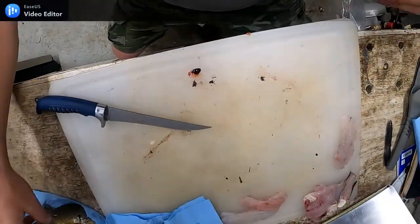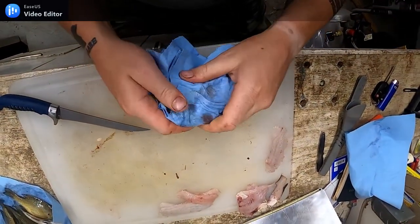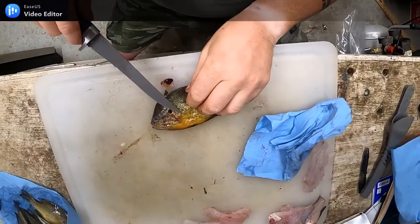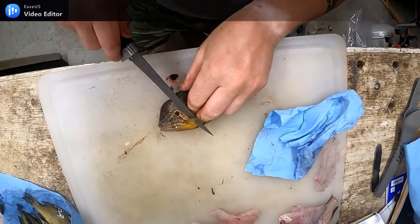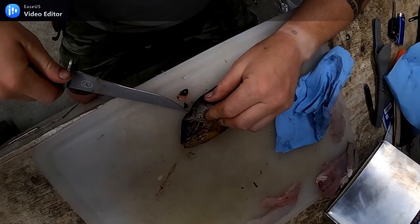But basically, taking some out allows you to get bigger sunfish in there, and you got to take a lot of them out. So even this one's a little bit smaller. It's kind of a quantity game. The quality's already there because they're definitely good eating fish, but